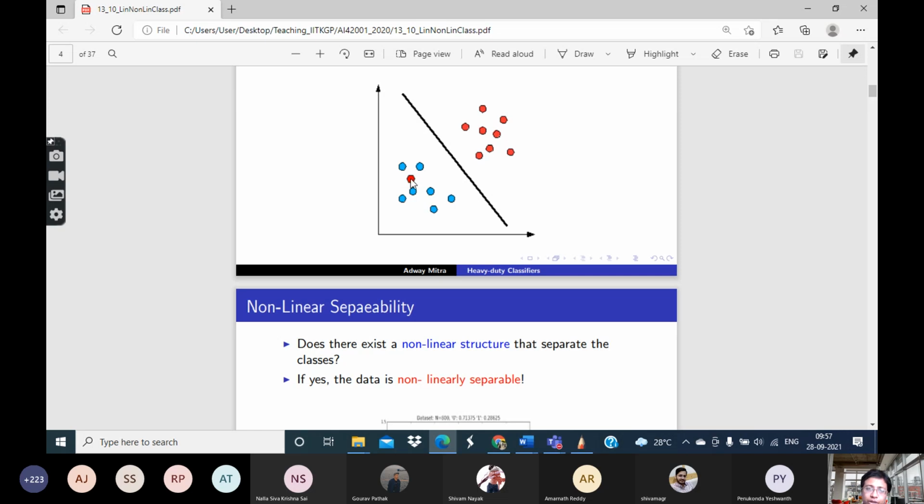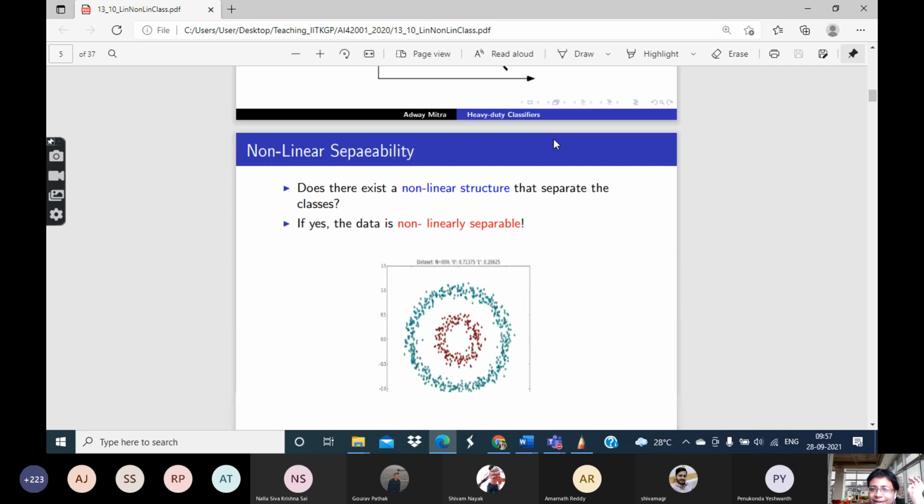So it is not possible for you to say that I will write the constraint inequalities for all the points that are not outliers, and for the outliers I will not write the equations. How will I do that? Because I do not know which are the outliers. Moreover, it may also happen that a point which is an outlier with respect to this line may be not an outlier with respect to a different line. Right? So we cannot really say like that.